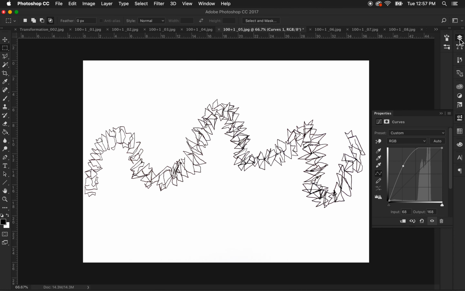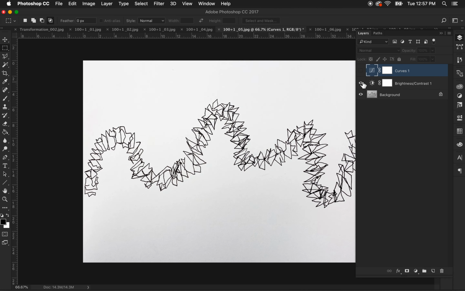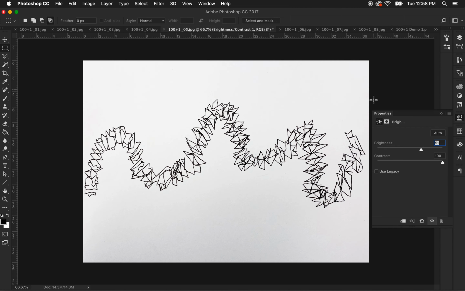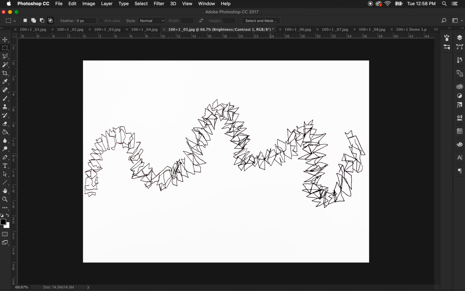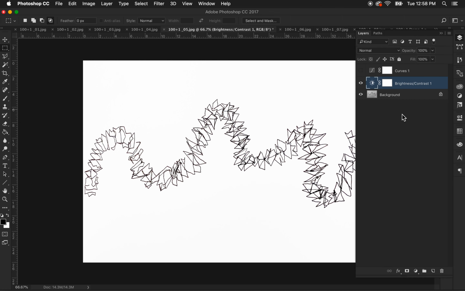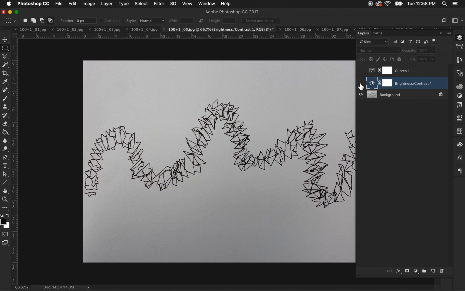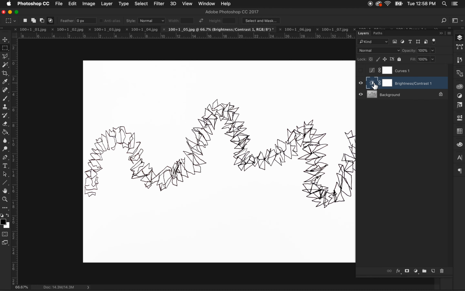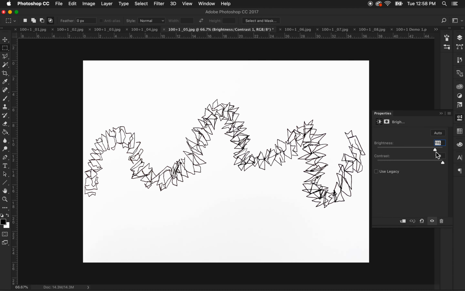So you can play around with curves and brightness contrast depending on what you've used, and notice how much brighter that is. I'm going to turn the brightness pretty far up in this case. Already I've lost a little bit of the detail, but that already looks a little bit better than that dull scan or photograph did. If you have scanned it and there's scanner marks, you can clean those out again with the clone stamp